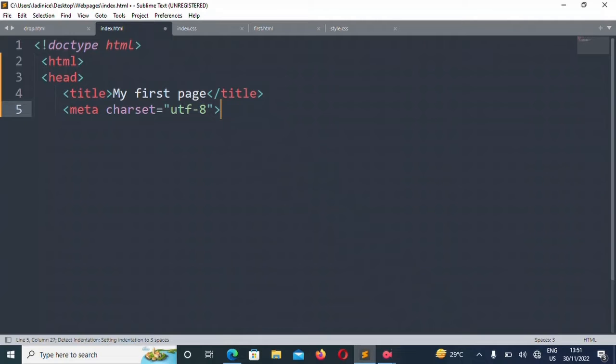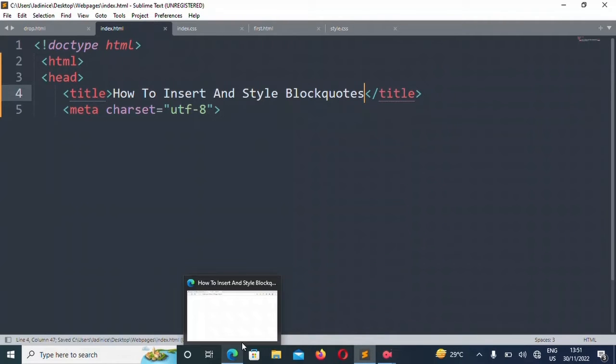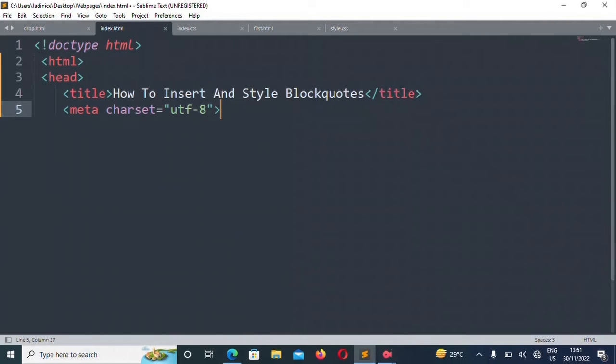Okay, so the first thing that we are going to do is to add the doctype HTML, the head, the title, my first page. We can change that to how to insert and style block quotes. Okay, then we save and then we refresh, you see. And the next thing that we're going to do is to close the head. Then we start with the body,